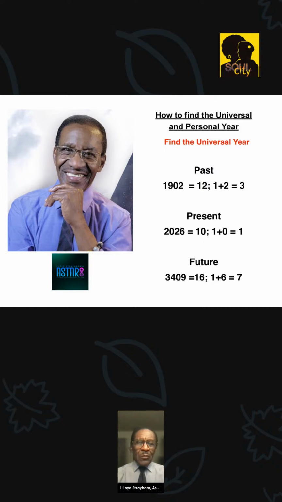So somebody will say, well, okay Lloyd, the Titanic sunk in April of 1914. So what was the year? Yes, I do believe it was 1914. And if so, it would have been a 6 universal year. Now, if you see in the center one, this is the present, 2026 adds up to a 10, and 1